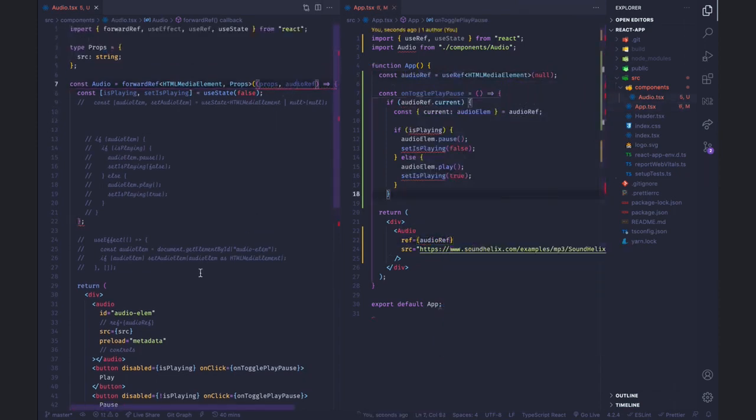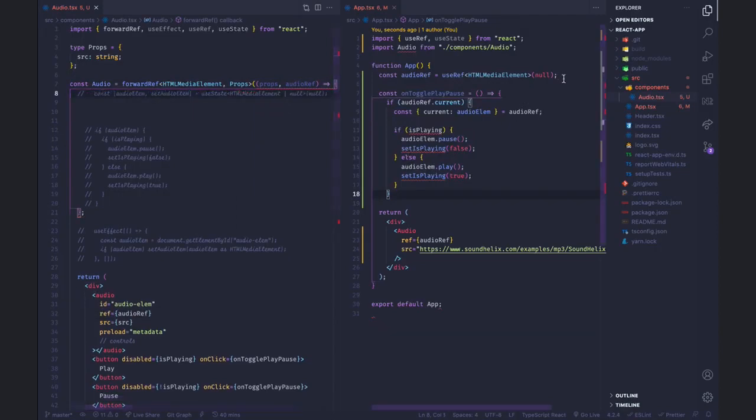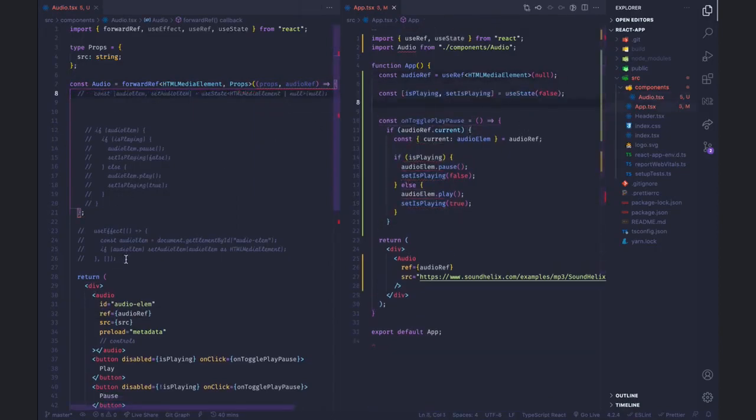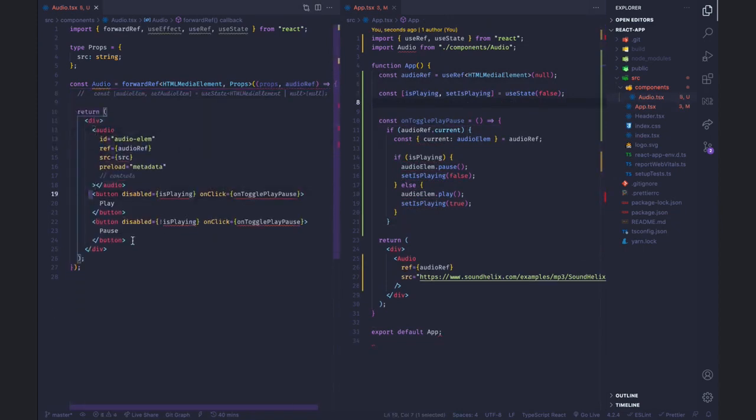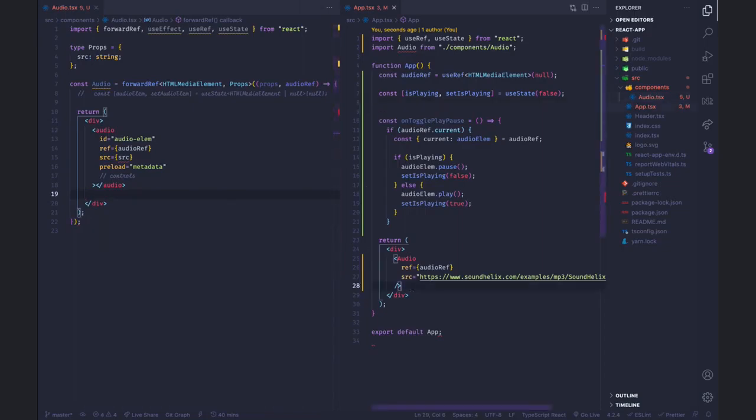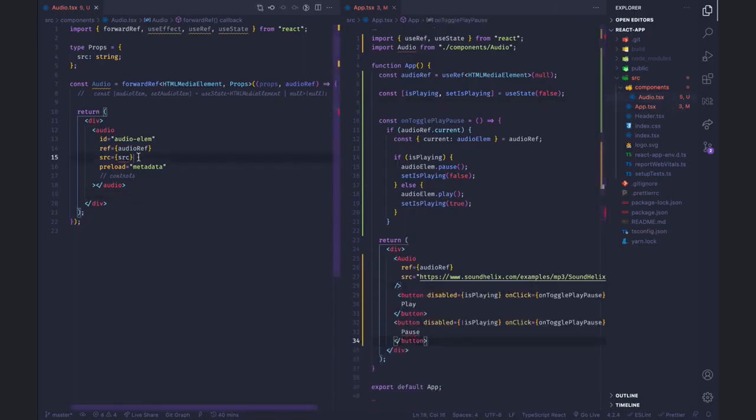For this audio ref here, I'm going to come to this ref here, and I'm assigning it to this audio ref, and I can move this is playing from this place to this place. I can get rid of all of this, and I can move these buttons from this place down to this place here. And for the SRC, I need to destructure this, so I'm going to get the SRC